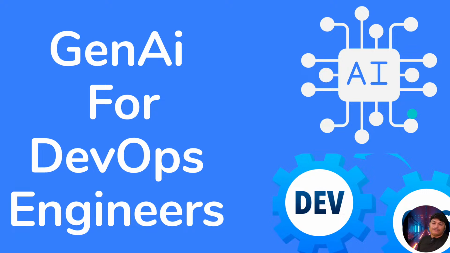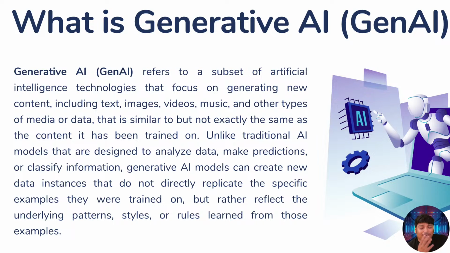The very first thing, I think most of you are asking in your mind: as a DevOps engineer, we're not supposed to learn that much about GenAI or data science. We are not that material. If we were, we could have become machine learning engineers or data scientists, right? But no, we are DevOps engineers, and we love infrastructure and automation. We love CI/CD pipelines. We love automating things, right?